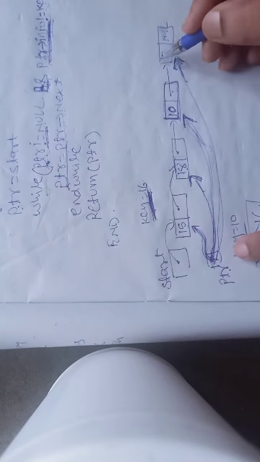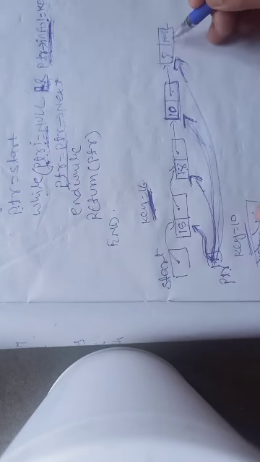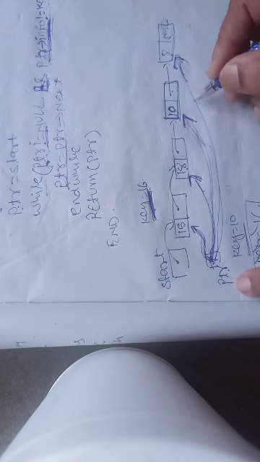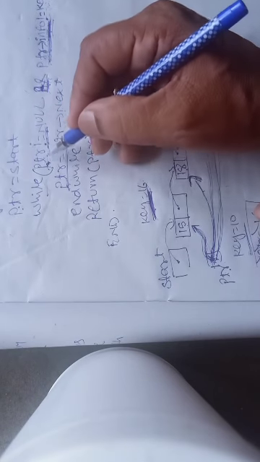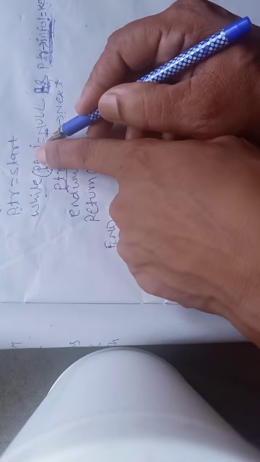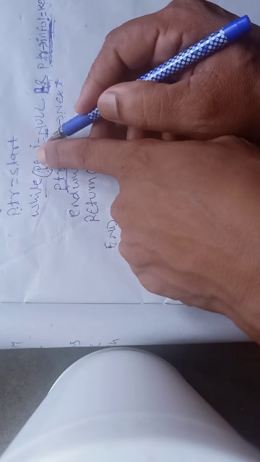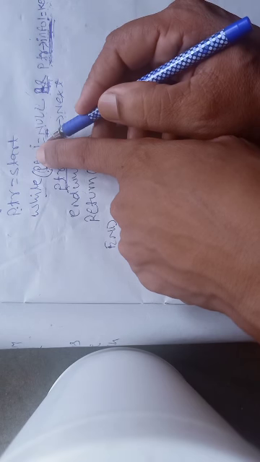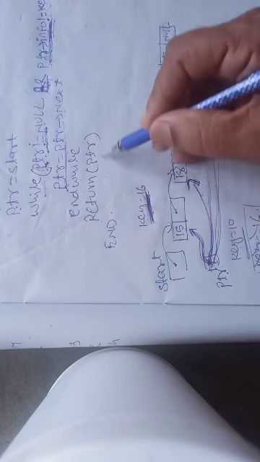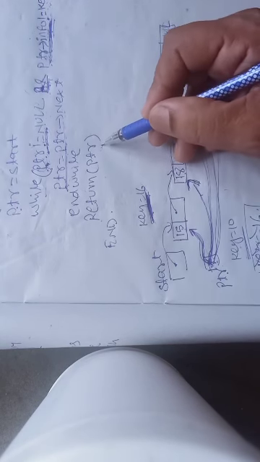But when PTR is pointing to the last node, in its next part the value stored is null. So this null value will be stored in PTR, and now the PTR value will be null. Now when I come back to the loop, the condition PTR not equal to null becomes false. Because PTR is null, I have already reached the end of the list and don't have any further node to compare. So my loop will terminate, and when PTR is returned, it will actually return null. So my search becomes unsuccessful.